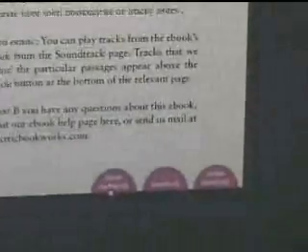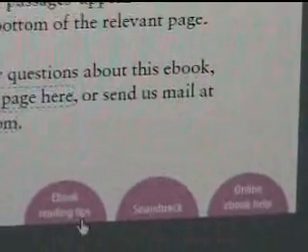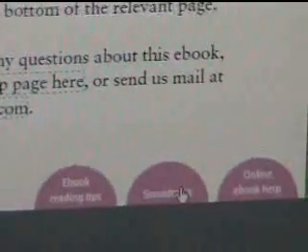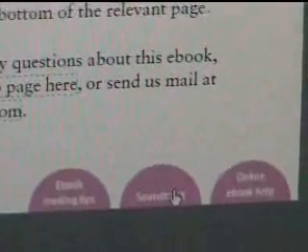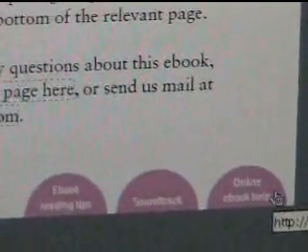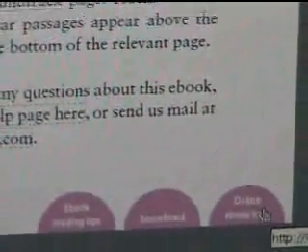Here at the bottom of the page we've got 3 tabs. The first takes you to this page, reading this ebook, in case you need to refresh your memory while you're reading the book. These tabs appear on every page in the book. The soundtrack tab, we'll get to that in a second, that'll take you to the page that controls the soundtrack. And the third tab takes you to our online ebook help. If you click on the online ebook help, you go to our page online.